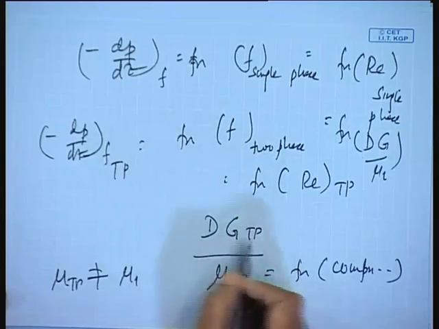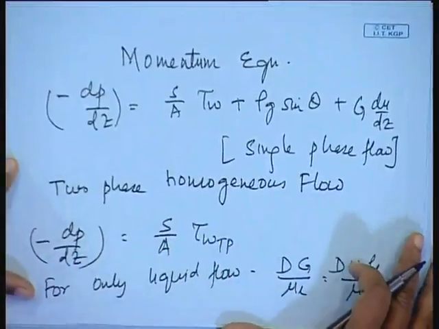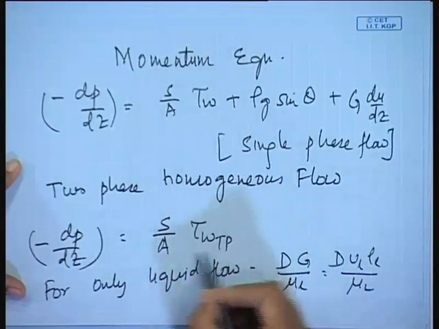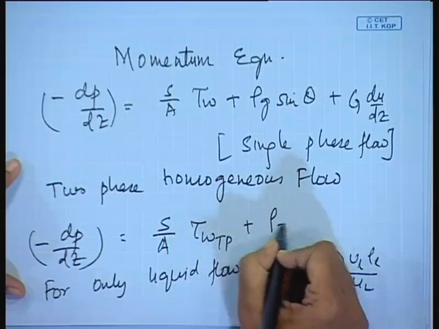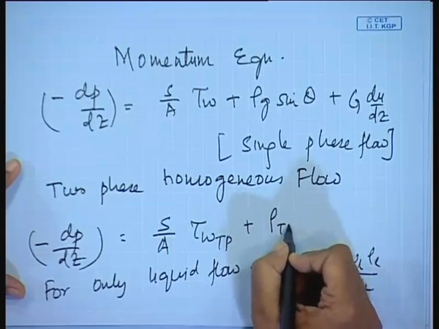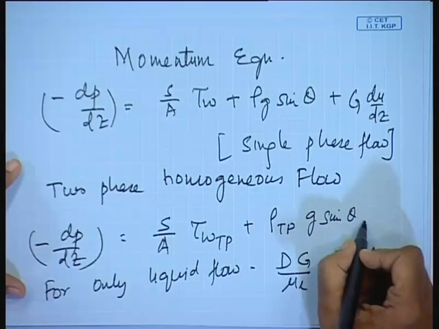So, therefore, we find that even if we assume homogeneous flow theory, your frictional pressure gradient for the two cases will not be the same. Agreed? So, therefore, to continue with this, here instead of S by A tau W, we have tau W two phase. Then here it has to be rho TP g sin theta, isn't it, plus